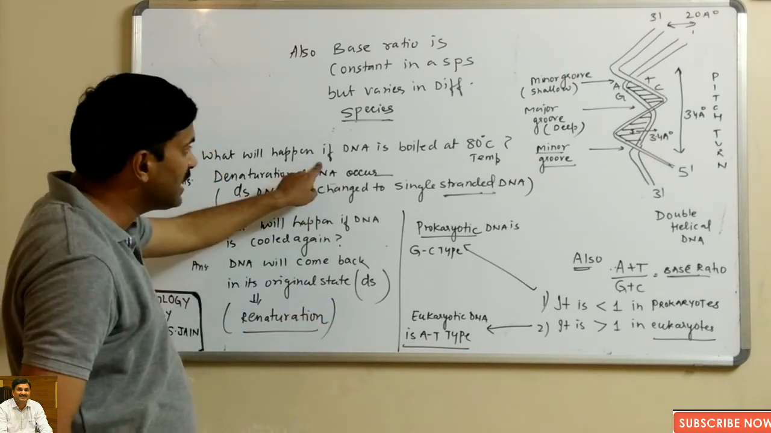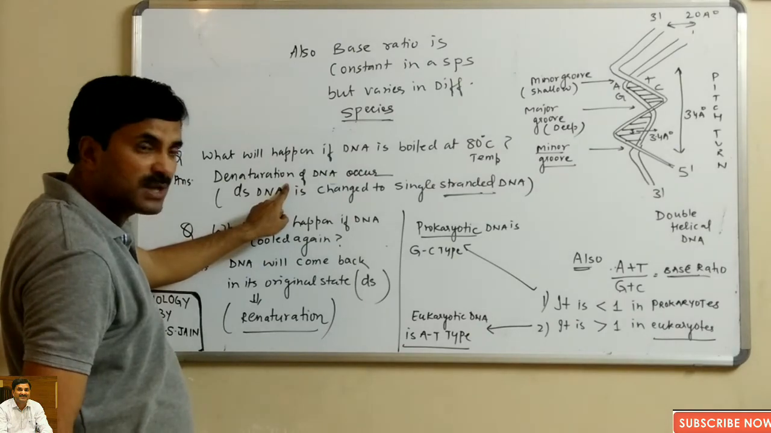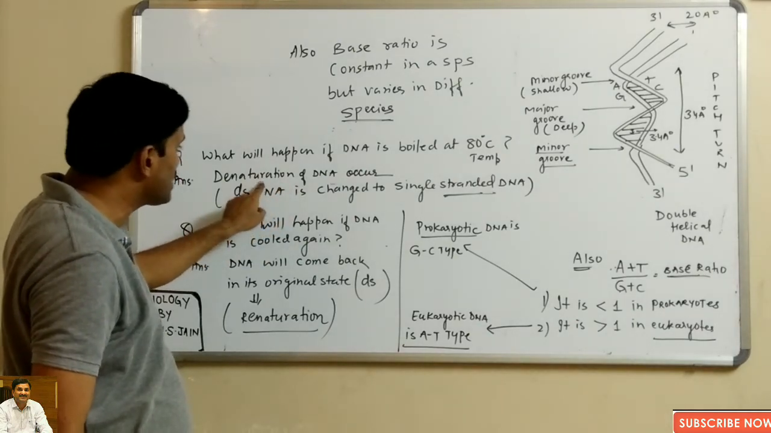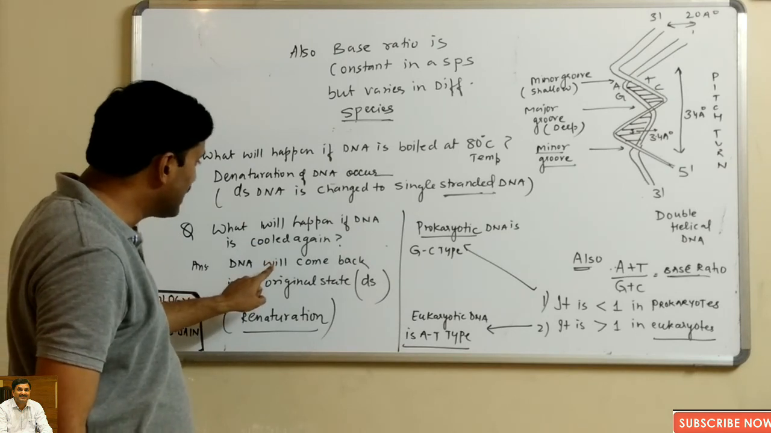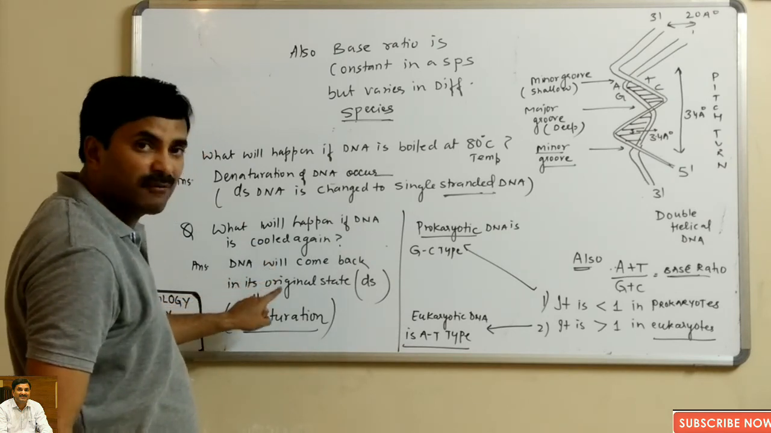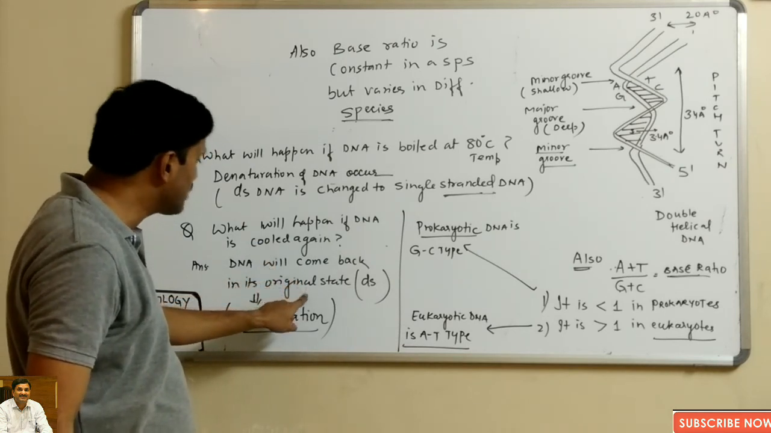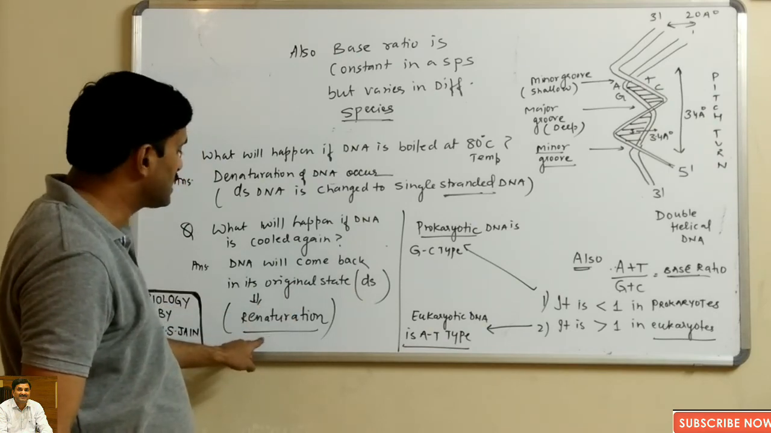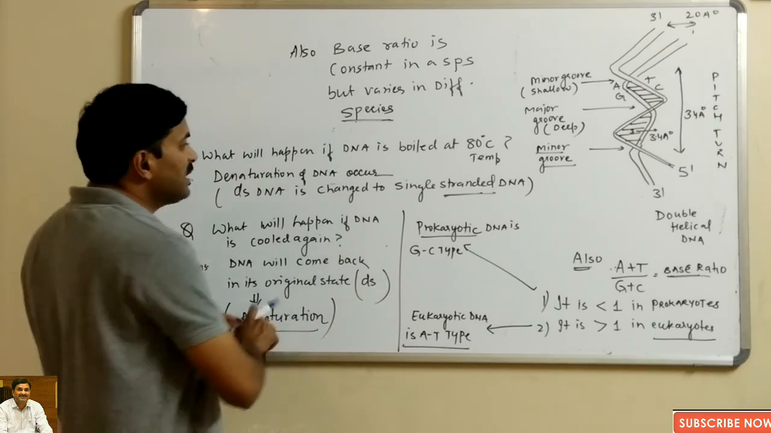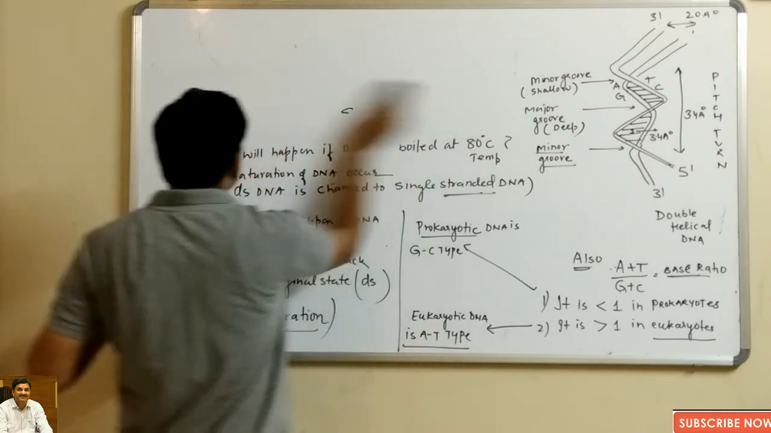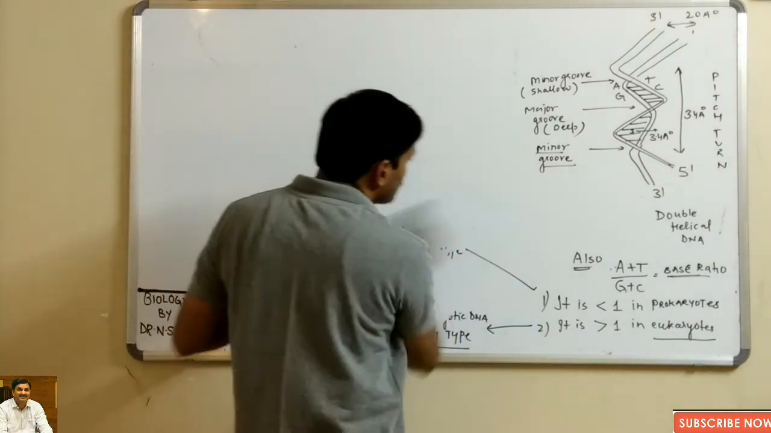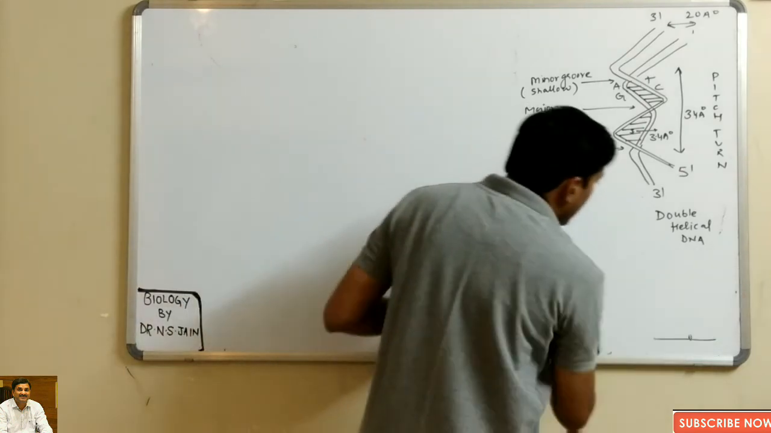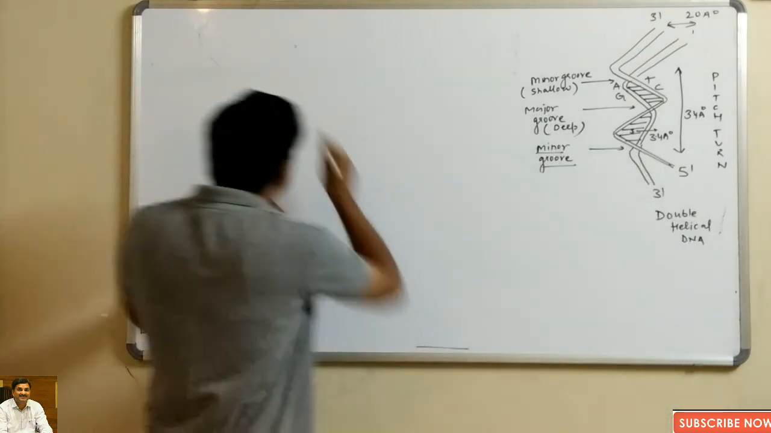So if you boil the DNA, then double-stranded is converted to single-stranded DNA. This is called denaturation. And if you cool the DNA again, then the DNA will come back to its original state. From single-stranded, it will again become double-stranded, and this process is called renaturation. And at the last, you must know that DNA is the only living molecule